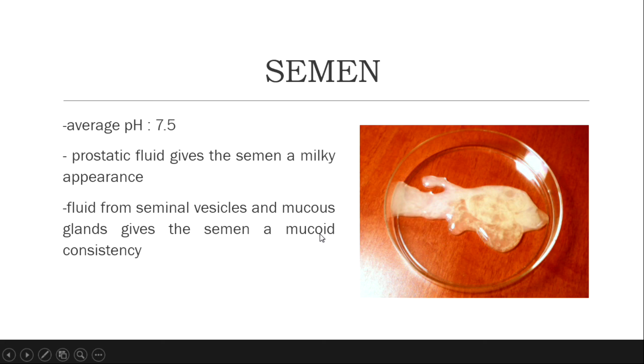So, yung nagko-cause ng malapot na yun is the mucus glands, okay, along the urethra, okay, particularly mga bulbourethral glands or yung Cowper's glands. It will cause the consistency of this semen to be mucoid. Okay,